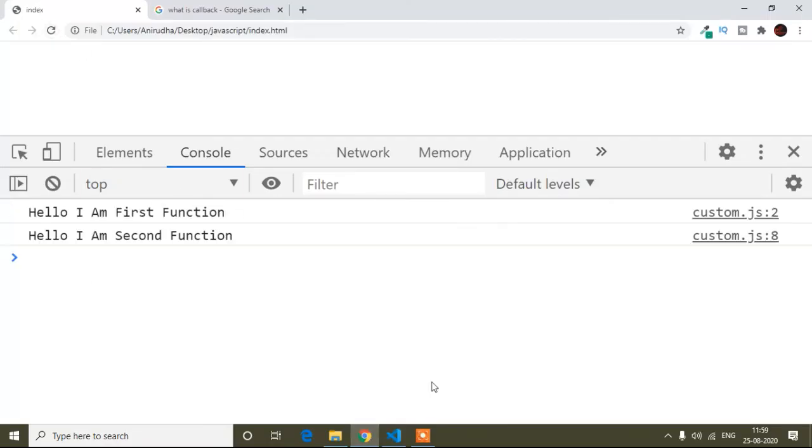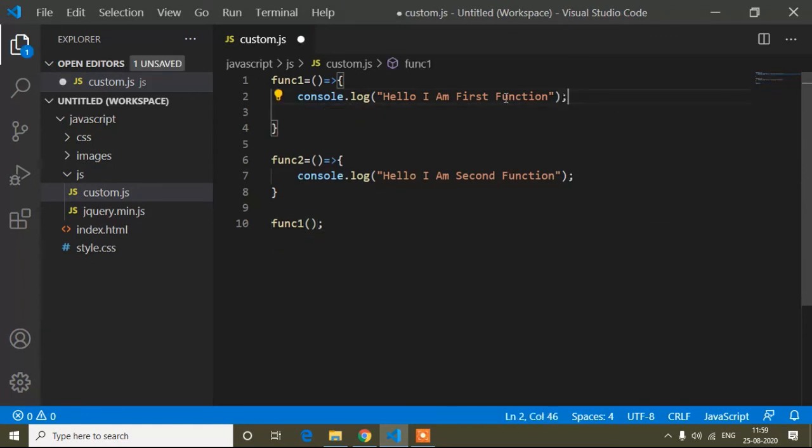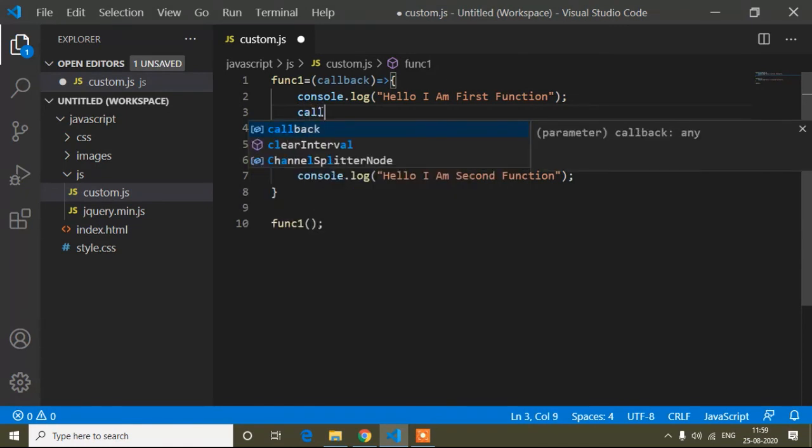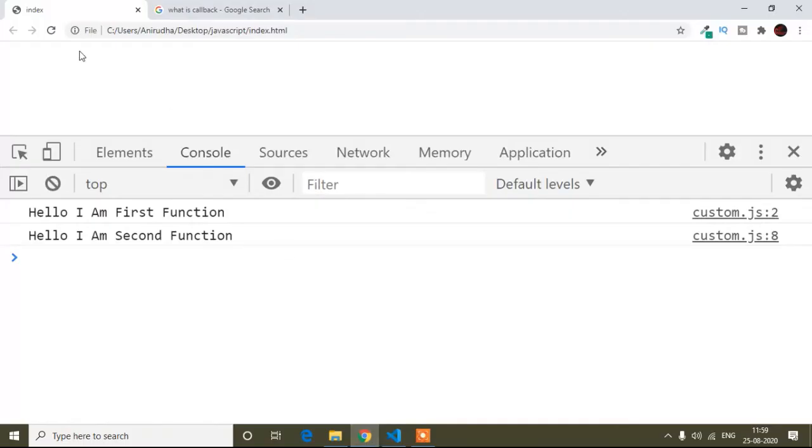Here you can see, otherwise you can pass this also as a parameter. So just here callback, and you can pass this callback as a function, and this callback is similar to function 2. So just here pass function 2 and refresh it. So you can see it's showing the same output.